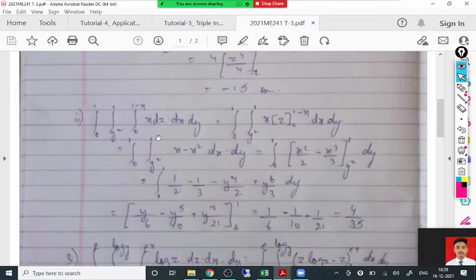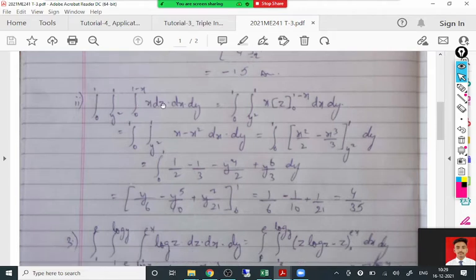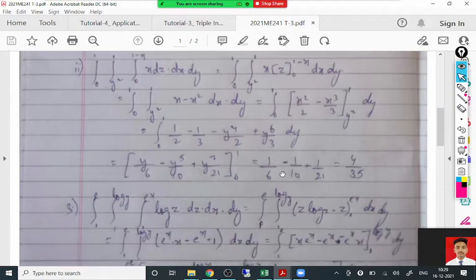I'm coming to question number two here. In question two, yes, the order is fixed, that is dz dx dy, that is given only. So the integral of x with respect to z is xz, and the limits of z are 0 to 1 minus x, and one by one integration is done. And the final answer he received is 4 by 35. The answer is written as a fraction 4 by 35, or you can write the answer as 0.11. Both are correct. So again here, one by one integration you have to do it. First z, then x, and then y. Okay, that way. So that's about question two.